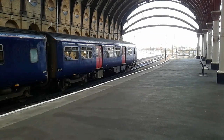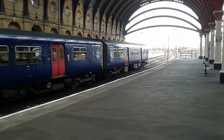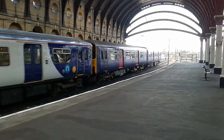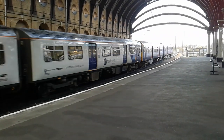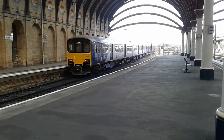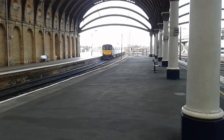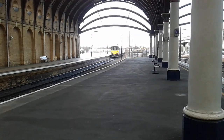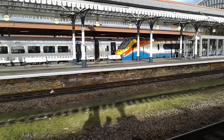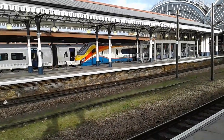Okay, and now departing with an almighty amount of noise. It's 150 130 and 150 120 with the delayed 1011 Northern service to Leeds. Okay, and after a brief march up here, we find 222018 has brought in the 1026 East Midlands train service